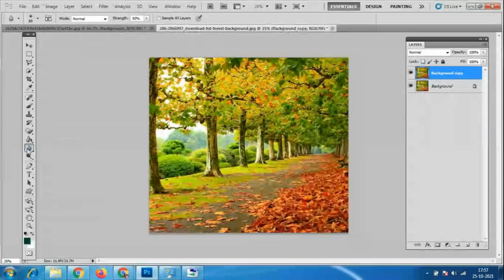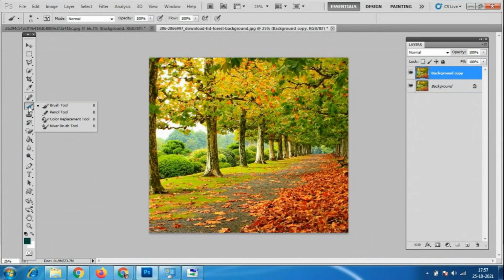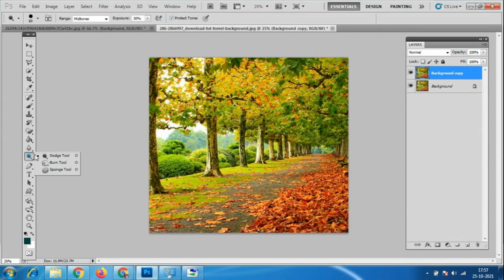And before that, what is this brush tool? Here we have an option called the brush tool. This tool is always common. Whenever you are taking any of these, the spot healing brush tool, the clone stamp tool, the eraser tool, or any of the tools like the dodge tool and burn tool, that time this brush tool will come, right? So we will go to this brush tool.